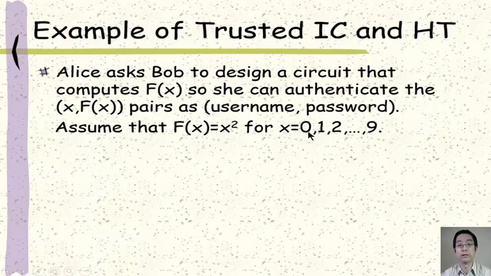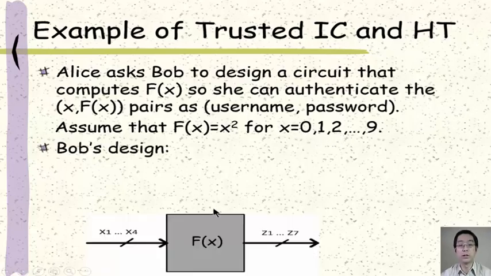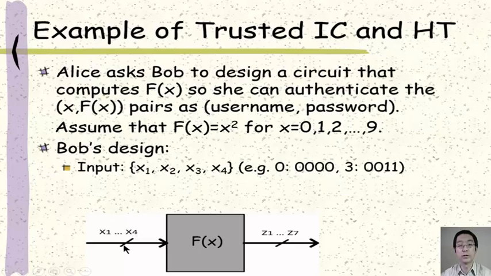They have IDs from 0 to 9. So this is the system that Bob designs for Alice. So we have this black box, implement the function f of x. And then Bob says that because you have 10 different users, I need 4 bits to encode these different users. For example, user number 0 will have code 0000, user number 3 will have code 0011, which is the